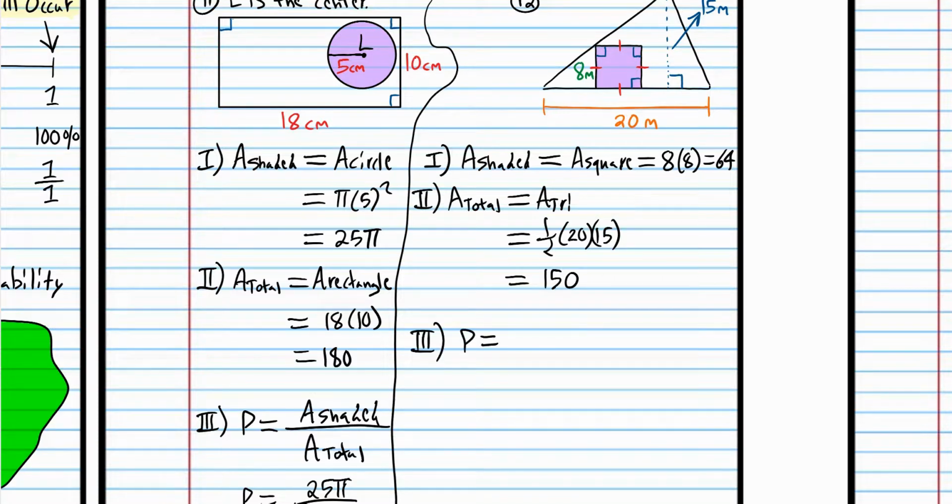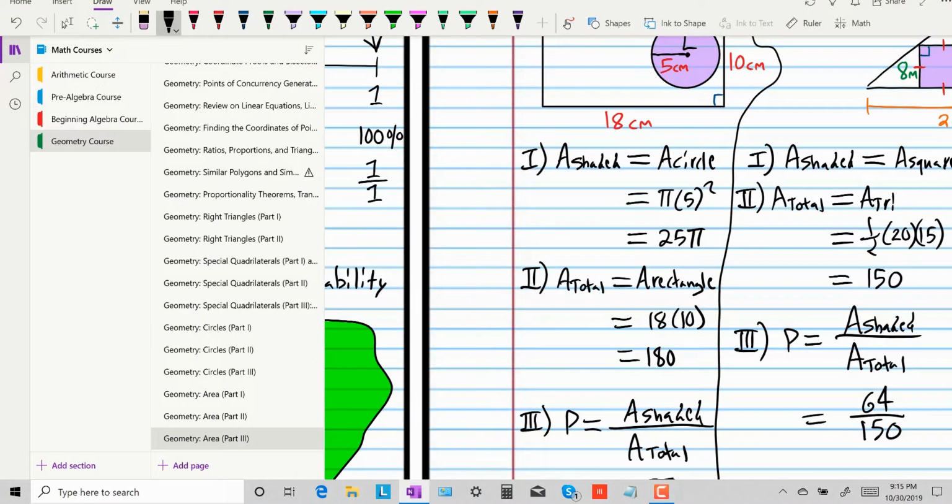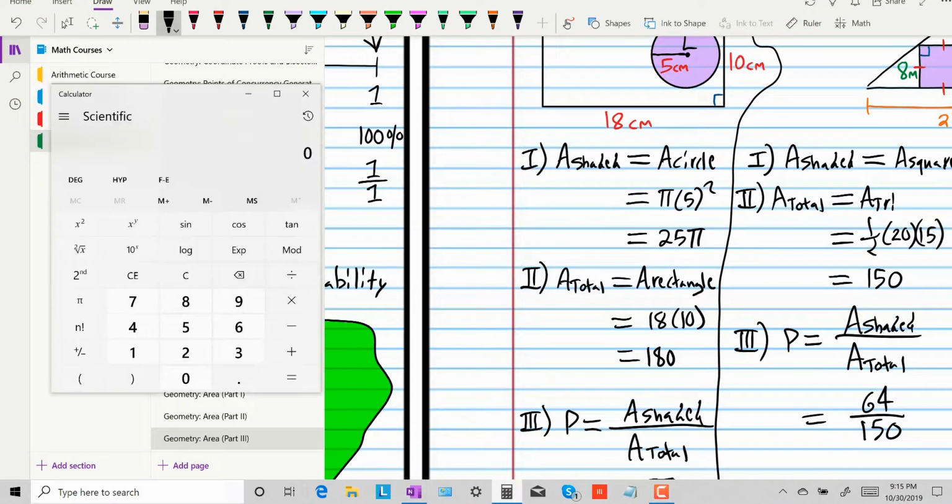The probability is equal to the area of the shaded region divided by the total area, which is the shaded region is 64 and the total area is 150. So we can get out the calculator for that. 64 divided by 150